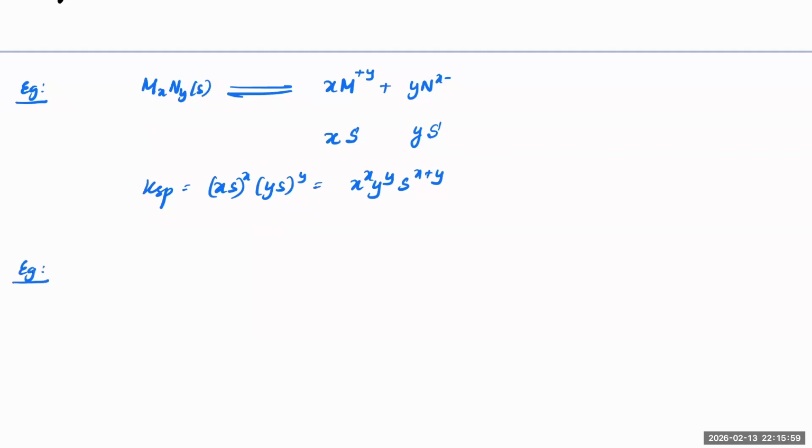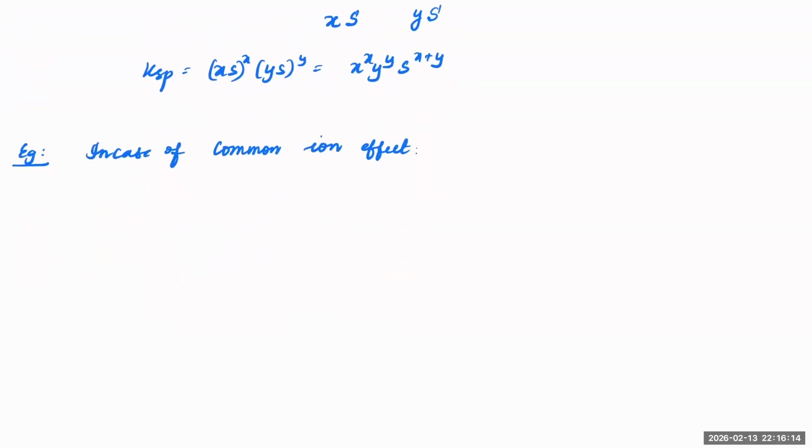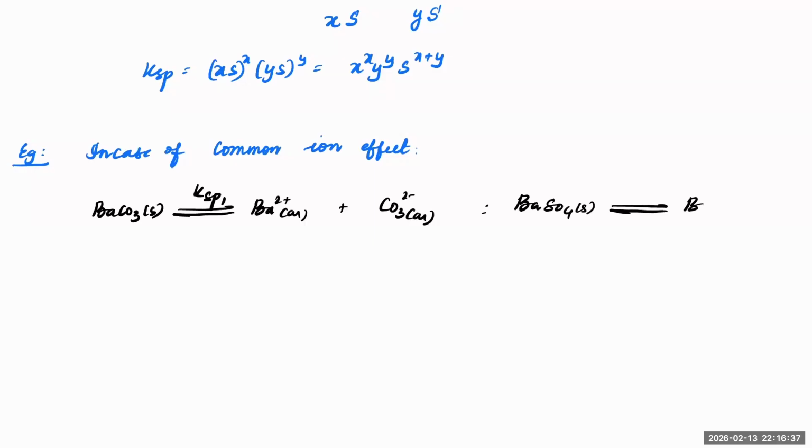Next, in case of common ion, if you have a common ion, an effect is observed. Let me show you with some example. Suppose I have barium carbonate, which is in equilibrium with Ba2+ aqueous plus CO3 2- aqueous, and let us say this is Ksp1. And similarly, if you have barium sulfate, in equilibrium with Ba2+ and SO4 2-,